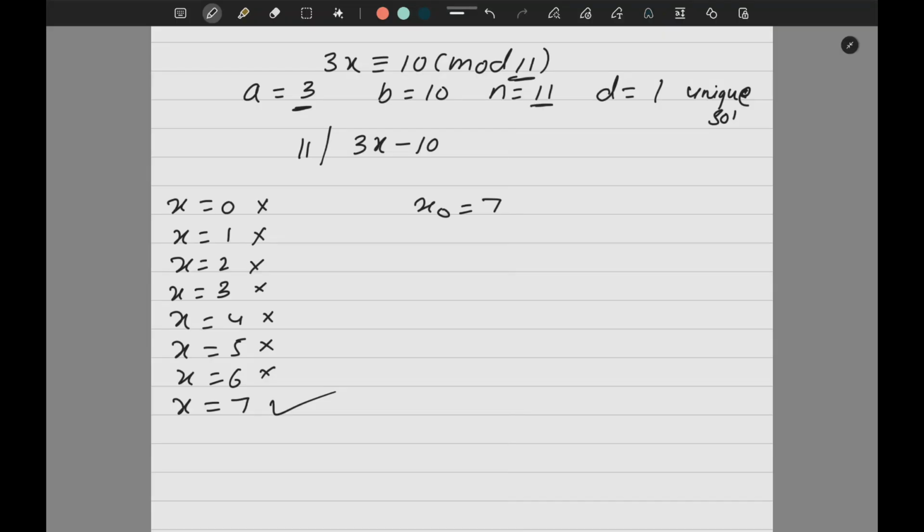But my problem is that if suppose I give you 99 here in place of 11, or I give 126, then you can't write all the numbers and solve, right? So that is the reason I said this method is good when the numbers are small. Otherwise, don't go for this method. We will use the same method that I used in Diophantine equations. Right? So see that video as well before using this.